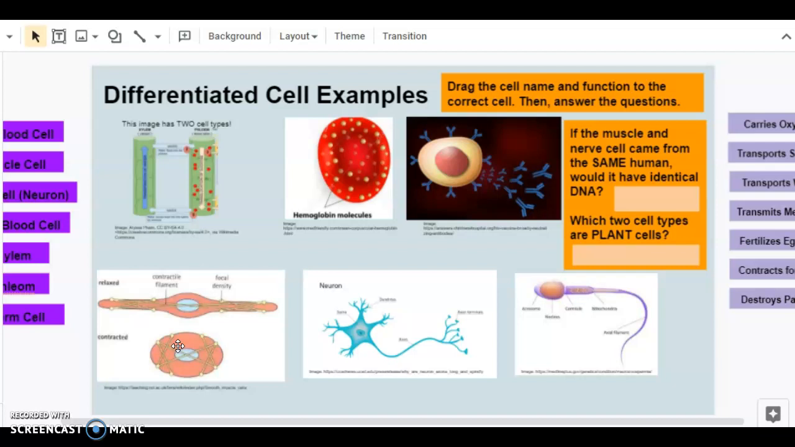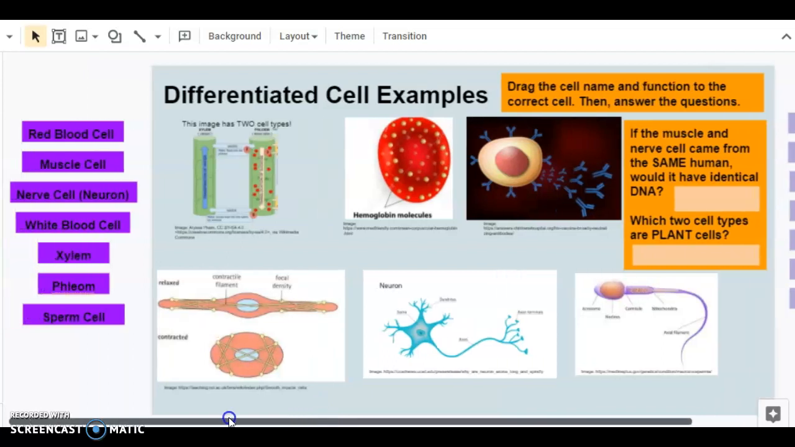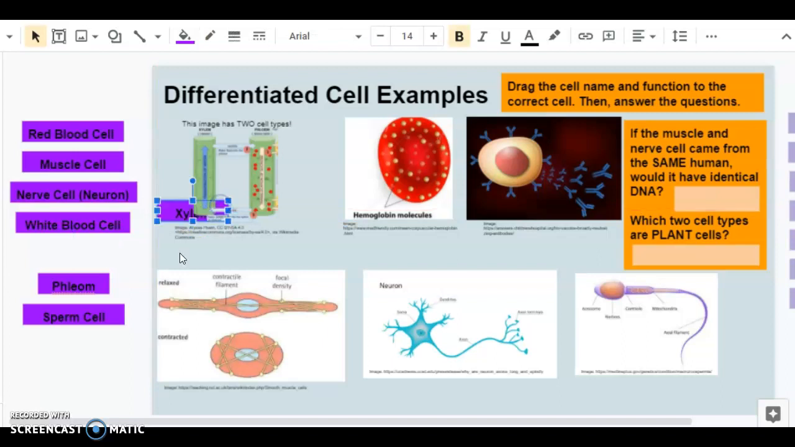Let's look at some of those differentiated examples a little bit more closely. We're going to drag the name and the function. And we're going to start over here. This is in a plant cell, and we've got two cell types that we're looking at. One is xylem, and one is phloem. And if you'd like, you can definitely make this in present mode so that you can see these images a